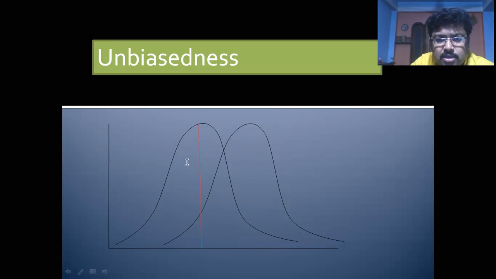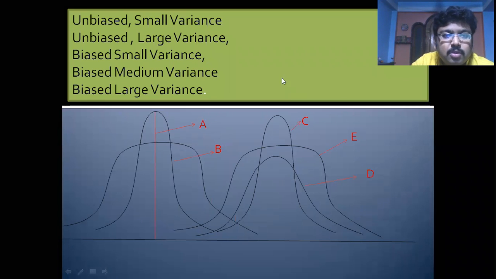So this is the pictorial presentation of unbiasedness. This bell-shaped curve represents the unbiasedness, plus this bell-shaped curve represents the biasedness. Okay, this is the biasedness. Now, look here. You can find another picture,